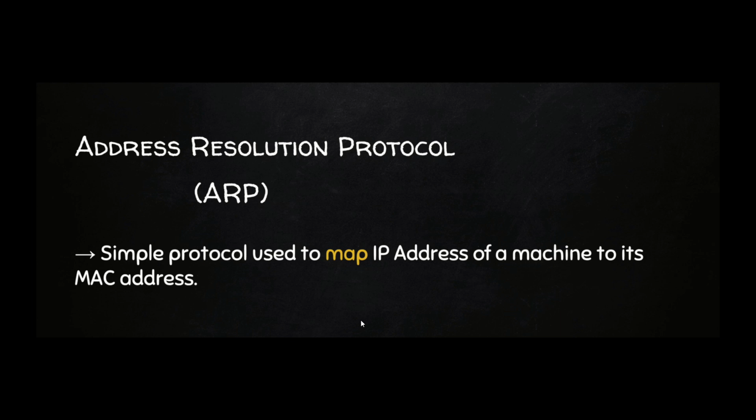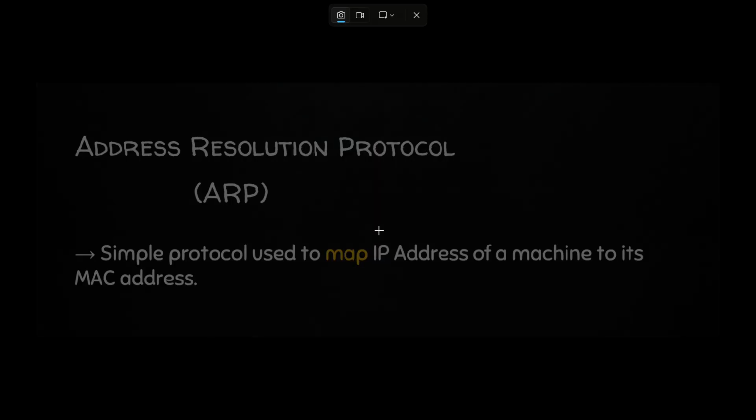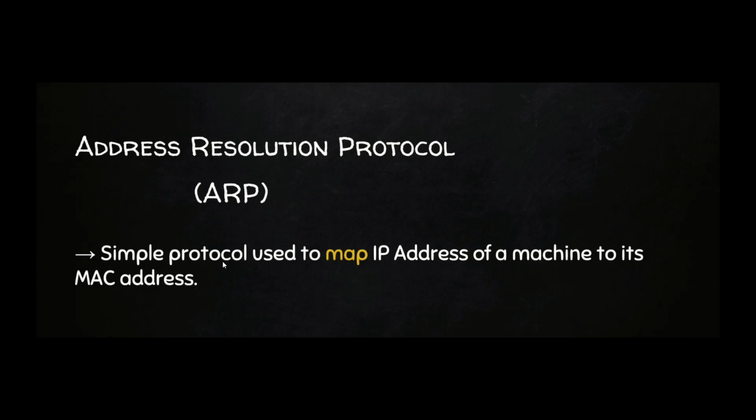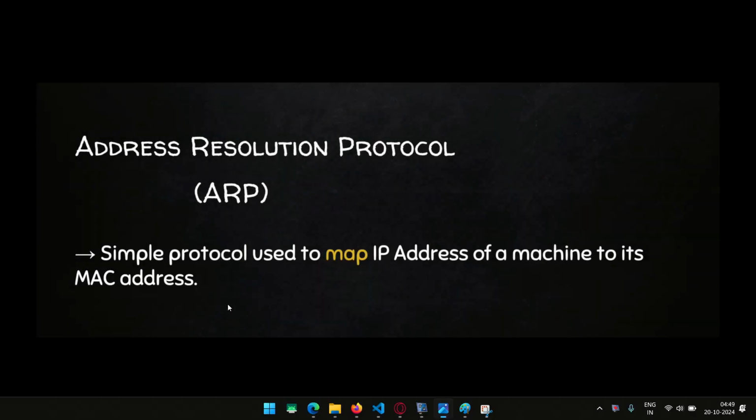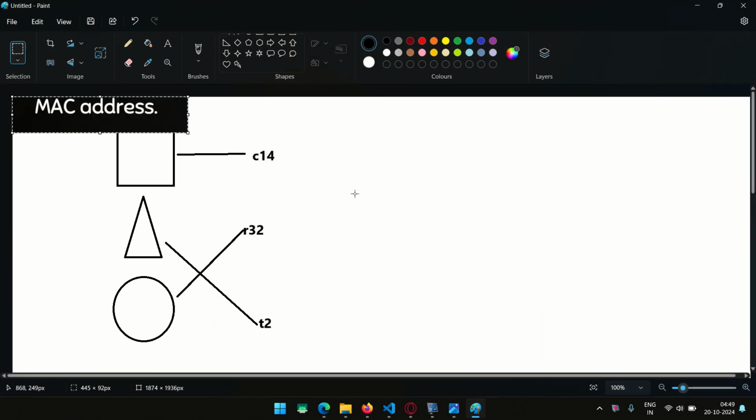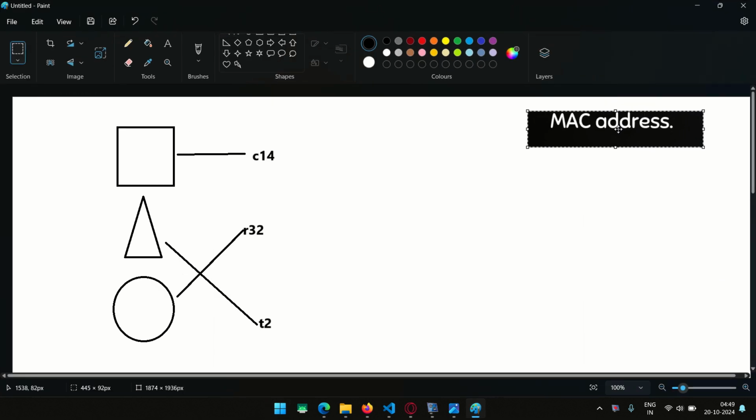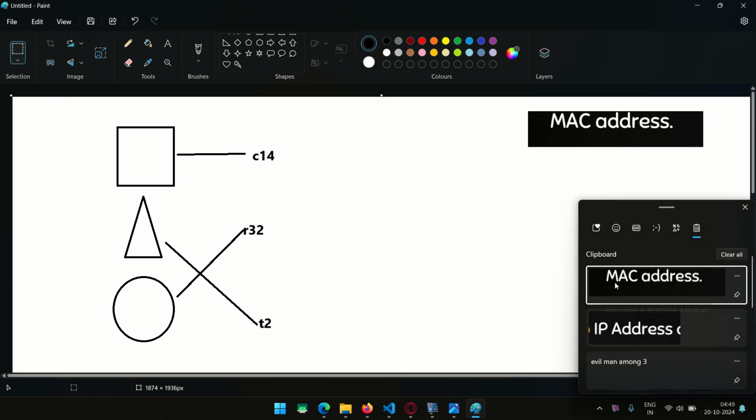The IP addresses of a machine to its MAC addresses. It seems kind of complicated right now, but let's copy this IP address, MAC address, and paste it in Paint. This is the MAC address, and this is the IP address.